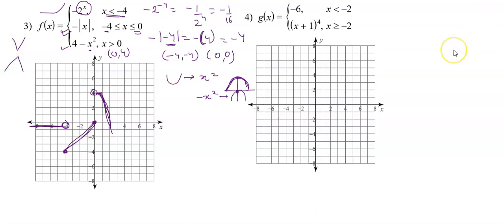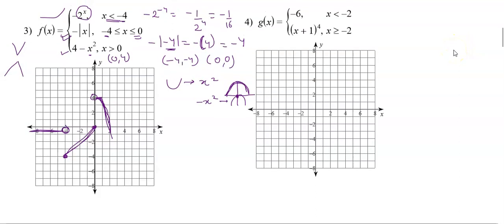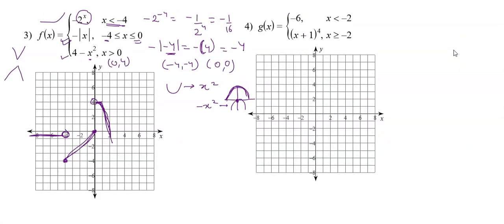Okay. Let's come to question number 4. Have a look at the question. The first function is y equal to negative 6 when x is less than minus 2. So for x less than minus 2, the straight line equation is y equals minus 6. So at minus 2, it is a hole because x value does not touch minus 2, and it is y equal to minus 6, a straight line parallel to x-axis.